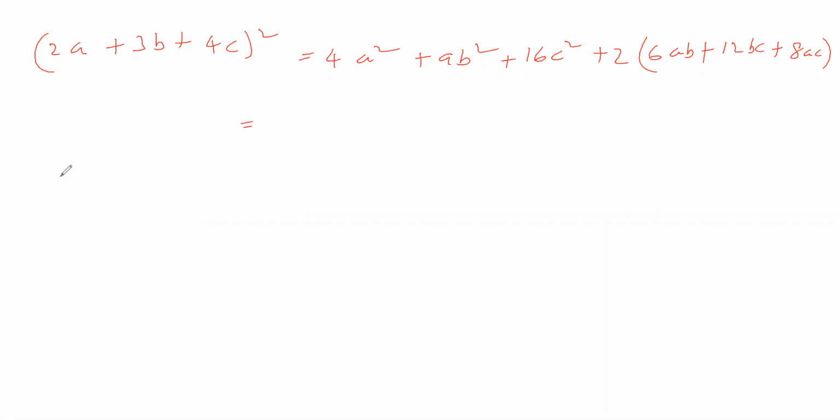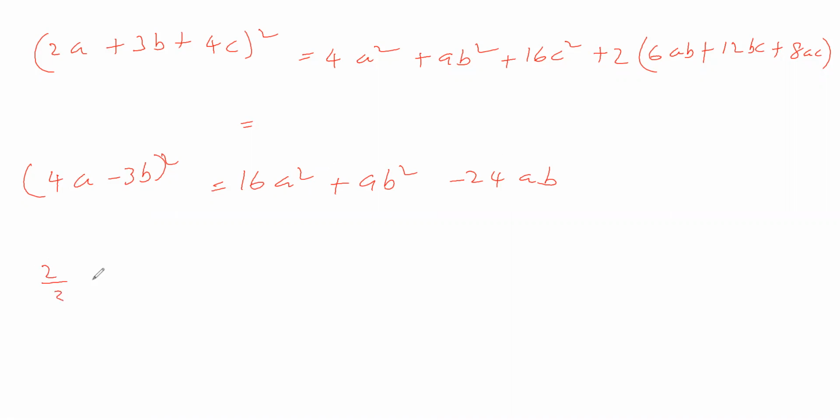Sir, next we will take 4a minus 3b. How to simplify this? We will see. First you square this one, so 16a square, then you square minus 3b, you will get 9b square, then you multiply these two with 2, so we will get minus 24ab. Sir, next we will take